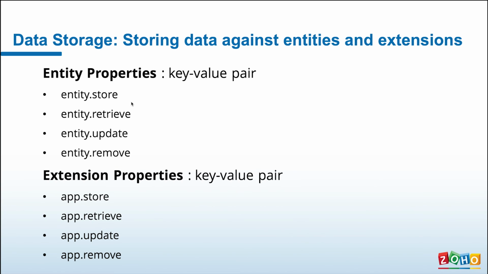So similarly, we have extension properties, which is also a key value pair that stores data against the extension itself. So the templates that are created are on extension specific level, right? And their data will thus be stored against an extension itself. So also it is important to remember that the data that is stored against an extension will be lost when the extension is uninstalled from the product, but the data stored against the entity will be retained, as only the extension specific data will be deleted during extension uninstallation, whereas the entity specific data will be retained for other extensions in order to access.